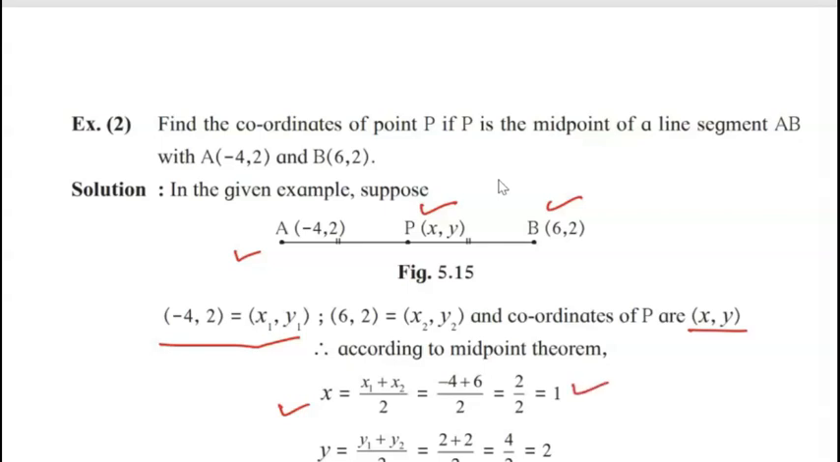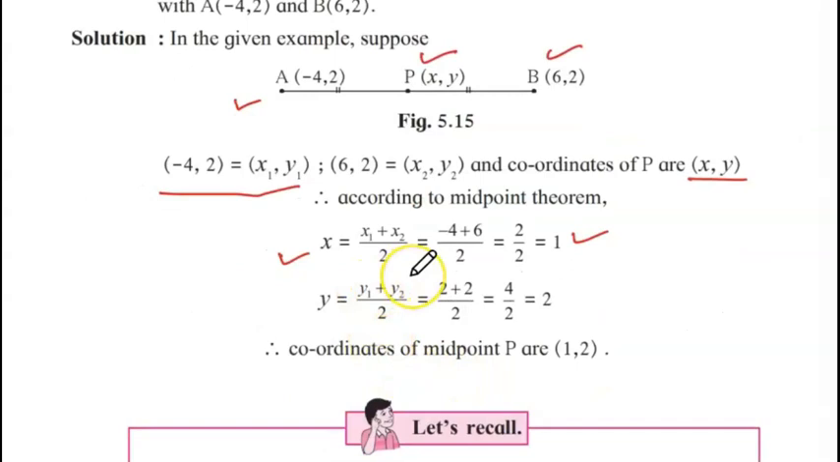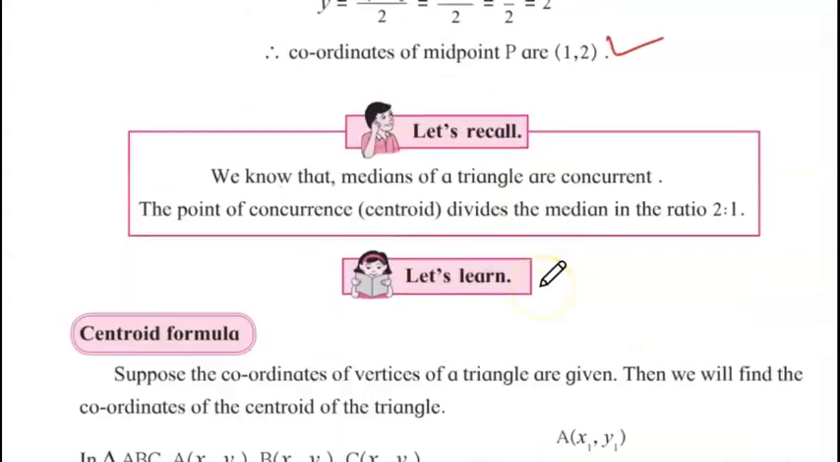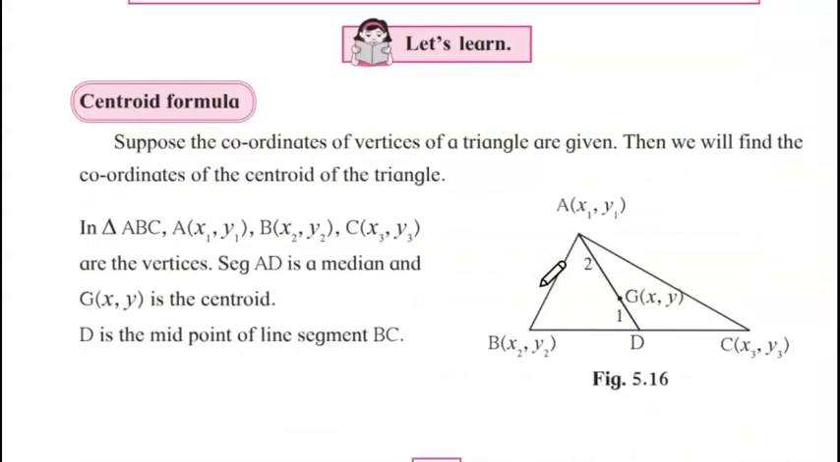And similarly y. Okay, y1 plus y2 upon 2. y1 is 2 and y2 is again 2. 2 plus 2 upon 2. 4 by 2. Then you will get here 2. Therefore the coordinates of the midpoint P are 1 2. Here we have applied the midpoint formula. Okay, next